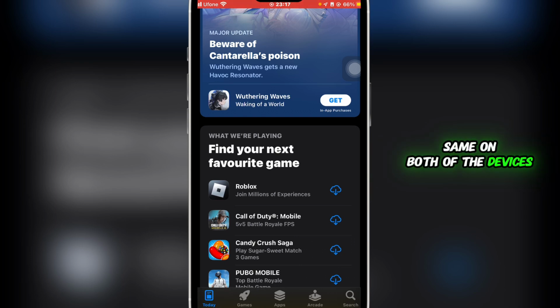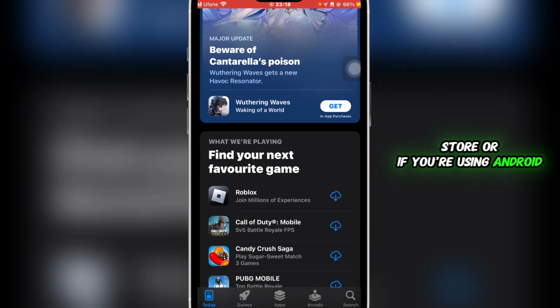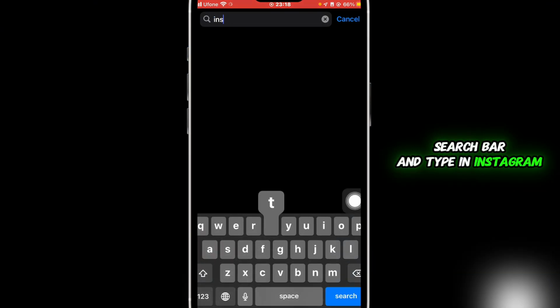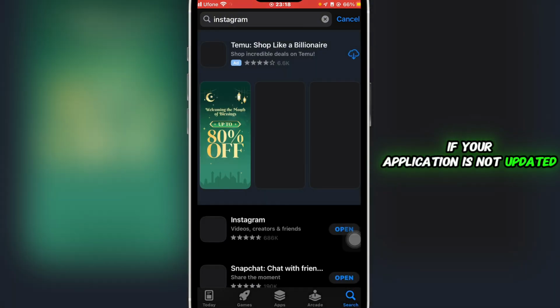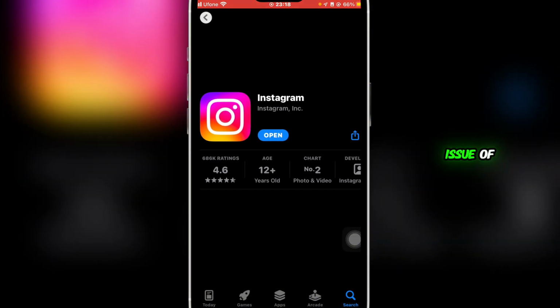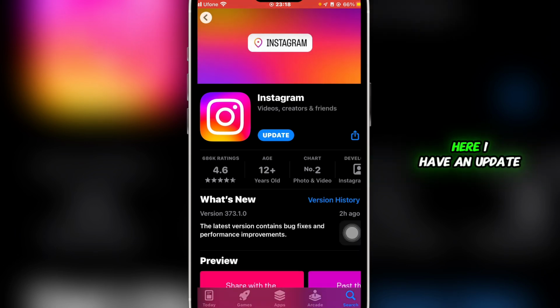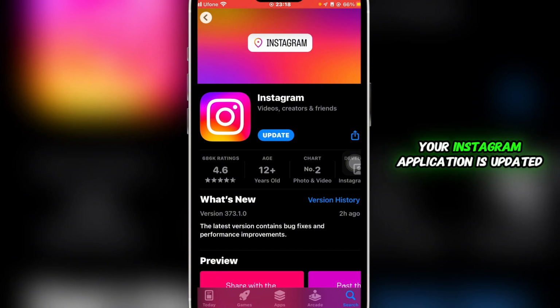So what you're going to do is first of all, head over to your App Store, or if you're using Android, head over to Google Play Store. Then click on the search icon, go to the search bar and type in Instagram. It is possible that if your application is not updated, you might encounter issues such as Instagram features missing. You can see that here I have an update. So you can simply click on update, and once your Instagram application is updated,